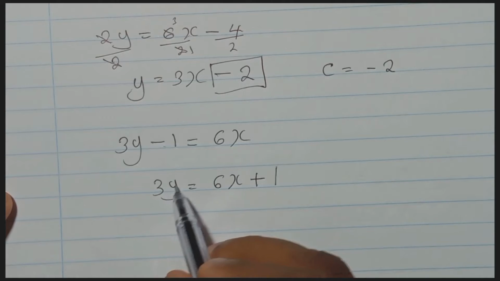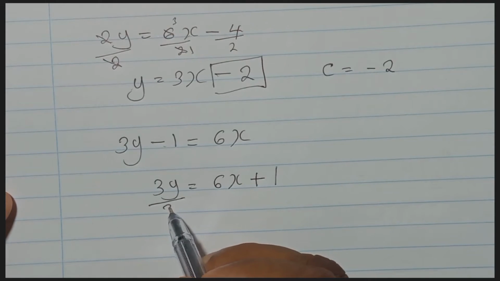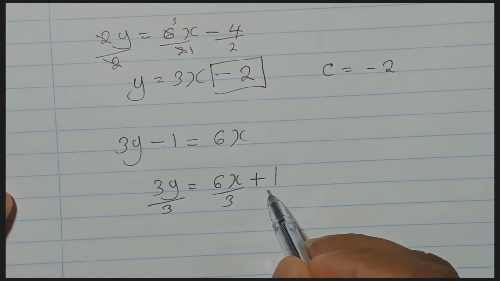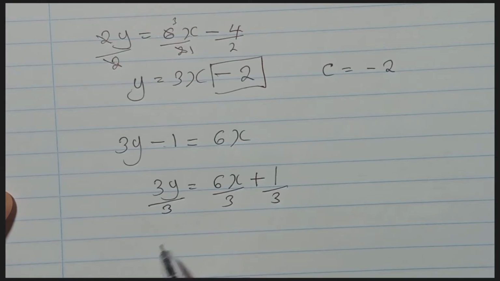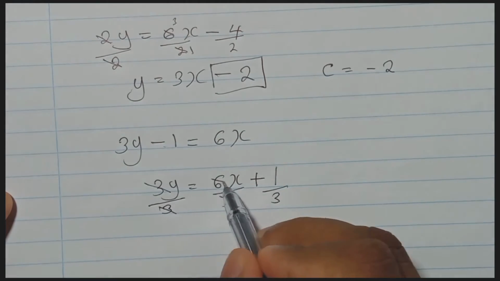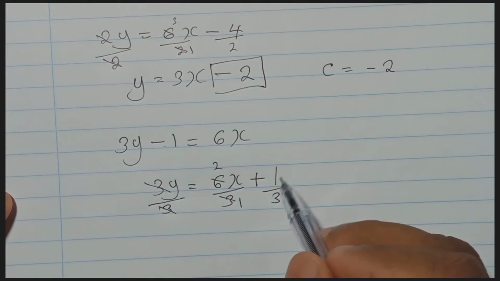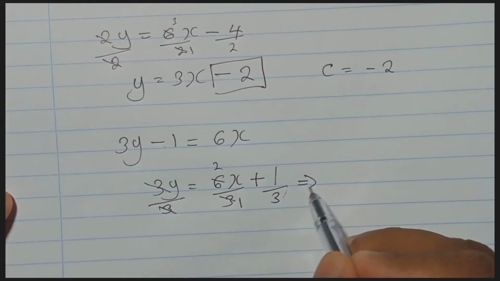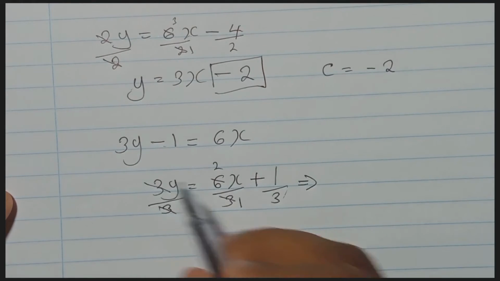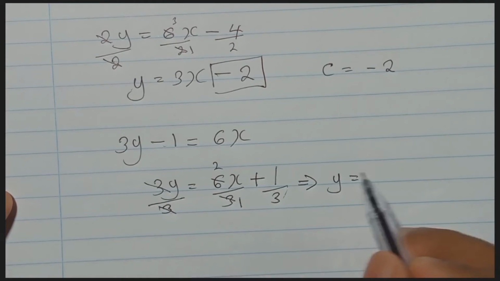What should we do? Because here we still have 3y, I need to divide by 3. So this one also divide by 3, this one also divide by 3. Now 3 and 3 cancel. Here how many 3s are there in 6? It is 2. Here you can't divide evenly, it will be a decimal answer, so no need to divide, keep it like this. So your answer will be y equals 2x,